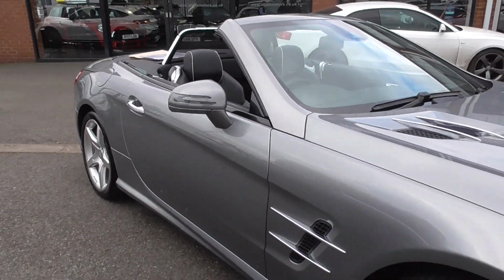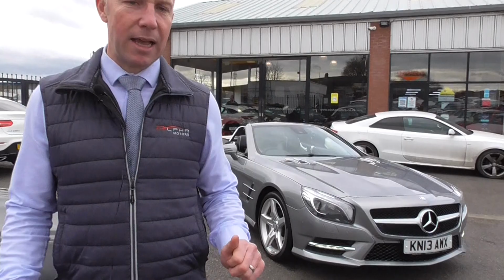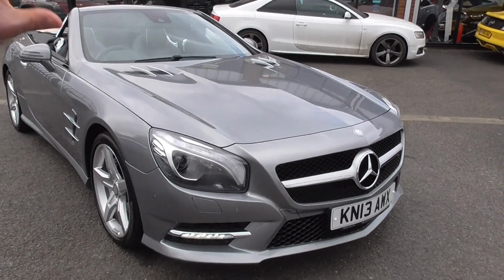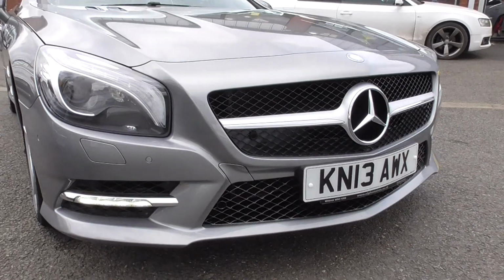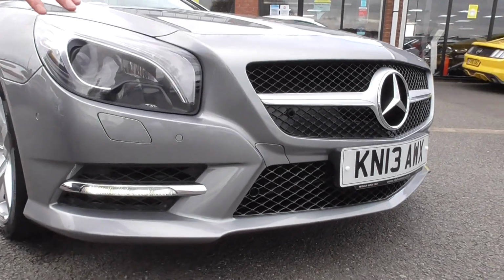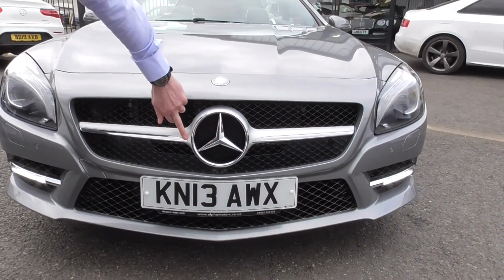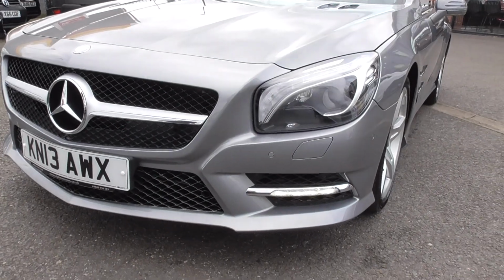Now this car in itself has got the must-have AMG Sport package. You can buy an SL, they didn't do an SL AMG line, you bought the Sport package on this car, so that was a £5,500 factory option. What you got on the SL then, with the AMG Sport package, was the front bumper. So this is very reminiscent of all the modern SLs, whether it be an SLK or any of the AMG product. So we get the more louvered aerodynamic front spoilers, we get the LED side lights, then we get the cross-hatched grills with the single blade AMG Mercedes badge on the front end, parking sensors front and rear, and obviously